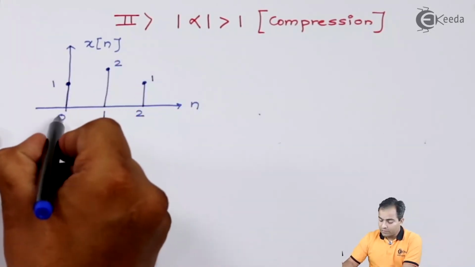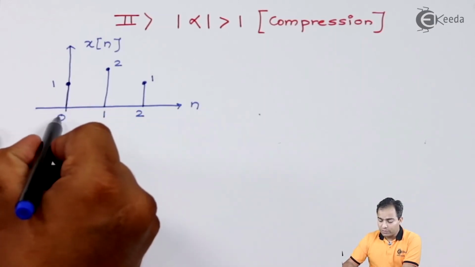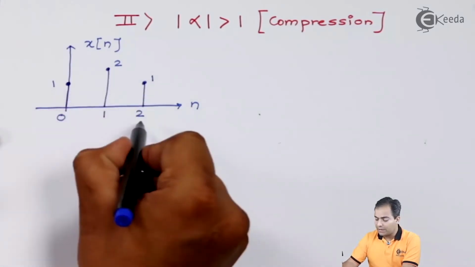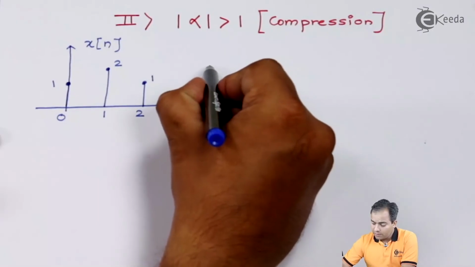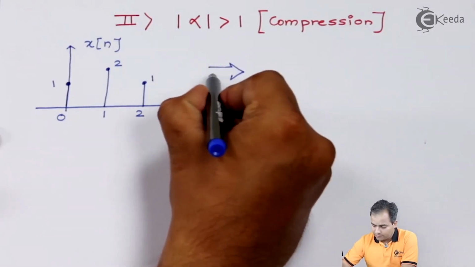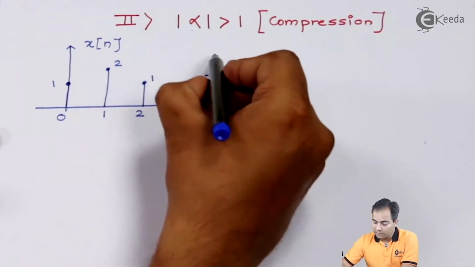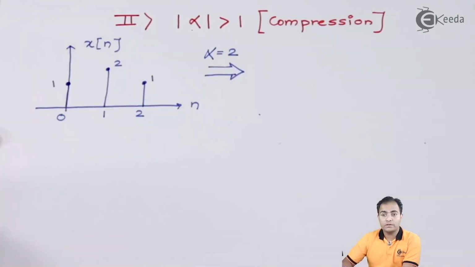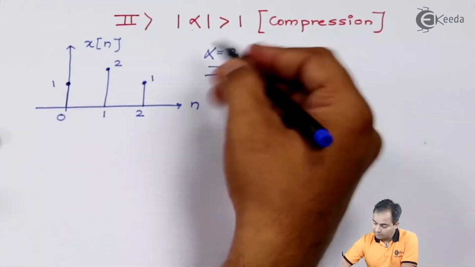In the previous example also we have placed the same values and same figure. At n equals to 0, this x of n is having amplitude 1. At n equals to 1, amplitude is 2, and at n equals to 2, amplitude is 1. Now, what is mentioned? Mod of alpha is greater than 1 means what? If we choose alpha value 2, then what will happen? If I choose alpha value 2, then